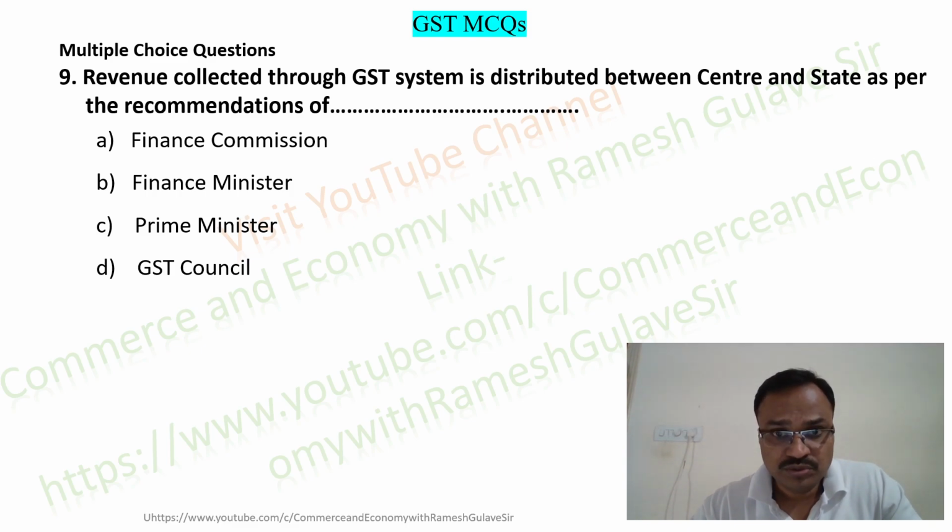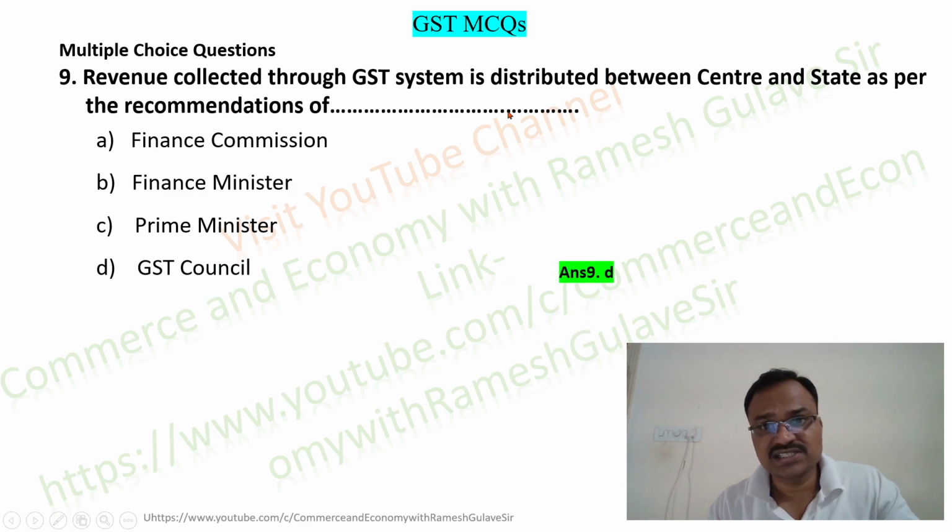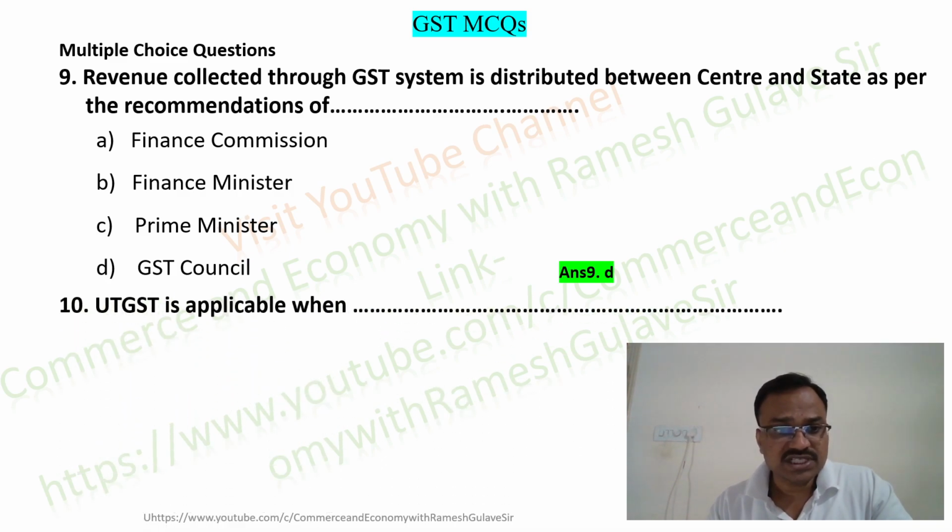Okay, so to distribute the revenue generated through GST collection, there is a need for an independent body, and the GST Act itself has made provision for the formation of the GST Council. So here option D is the right answer. Revenue collected through the GST system is distributed between center and state as per the recommendation of the GST Council. So here option D is the right answer. Next question asks us,